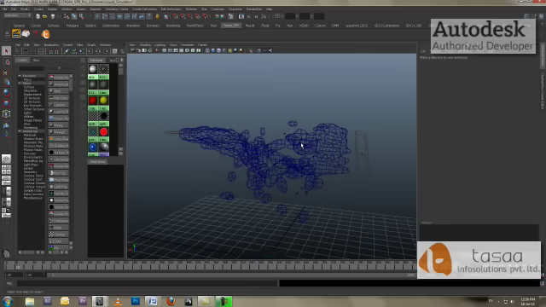After you run the setup, you'll find a shelf created called TASA_VPR, and if you check out the shelf contents, there are about 4 buttons. The first one will call up your viewport render. This is a resizable floating window, so you can place it anywhere and hit this render button and it will render directly on your viewport. I'll show you this in detail, but first I'll take you through the shelf contents. I close this for now.